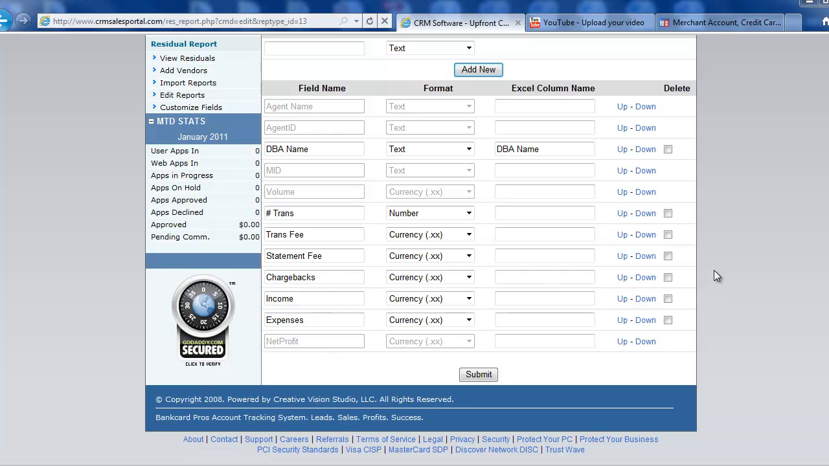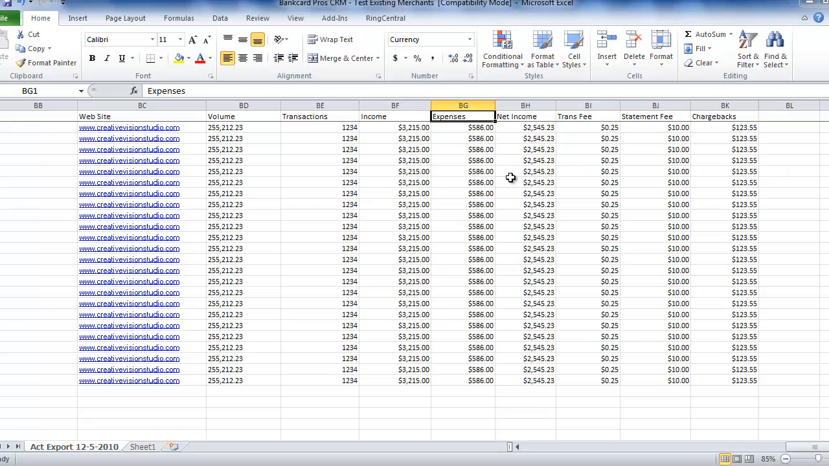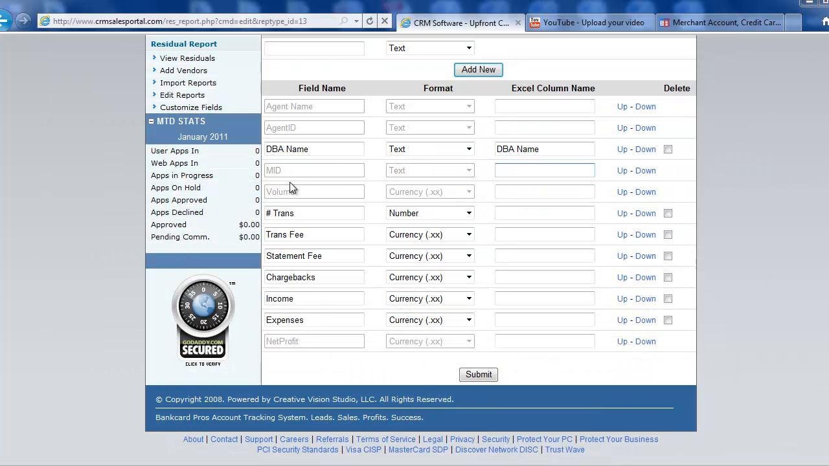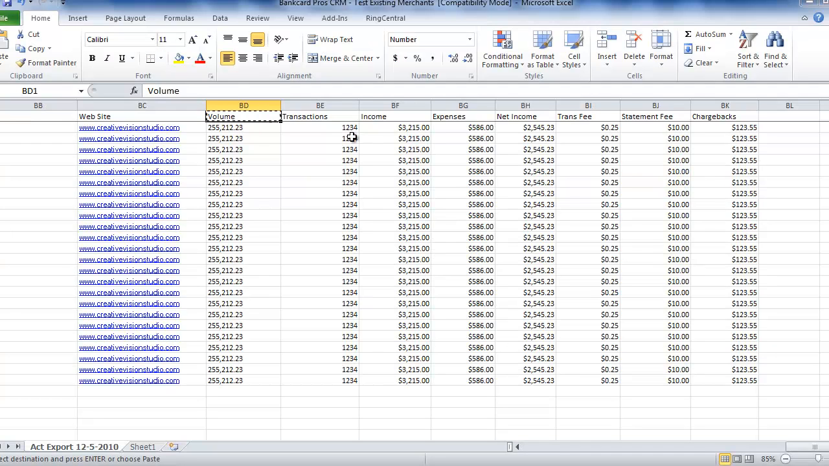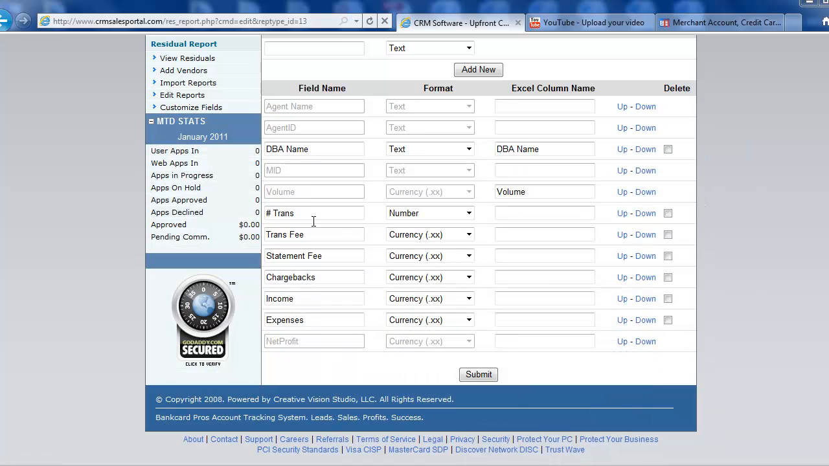Now in the Excel column name, we're going to start putting the names that are actually on your Excel document, which is volume. So we're going to copy volume, and then under volume we're going to add the same name there. All these fields have to have the exact same name that's in your Excel document, spelled the exact same way. So we're going to go to each one: transactions, which is going to be the number of transactions, then transaction fee,